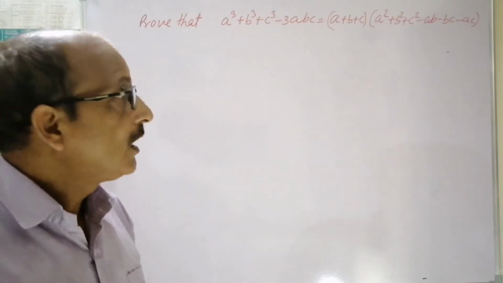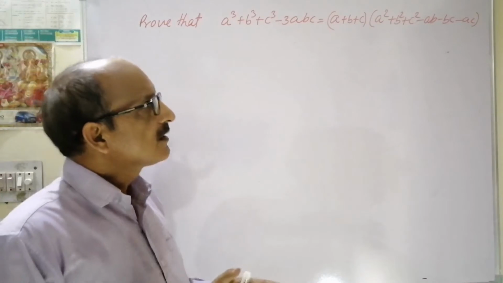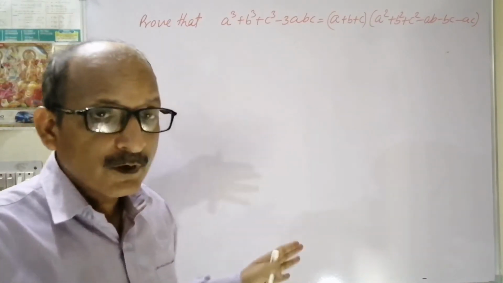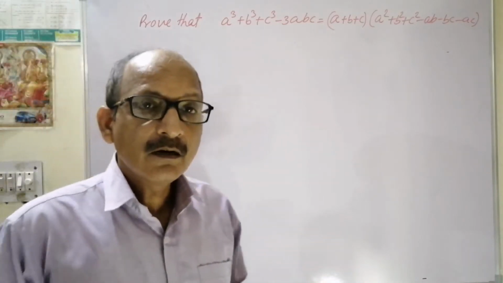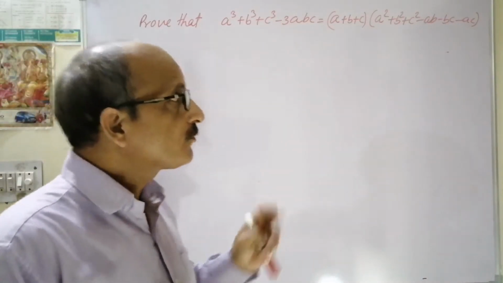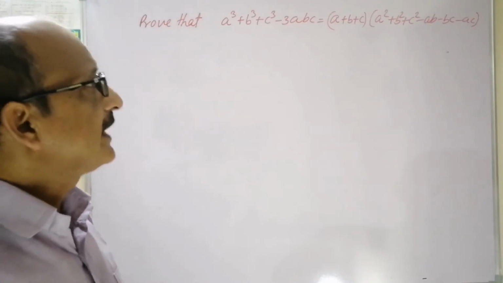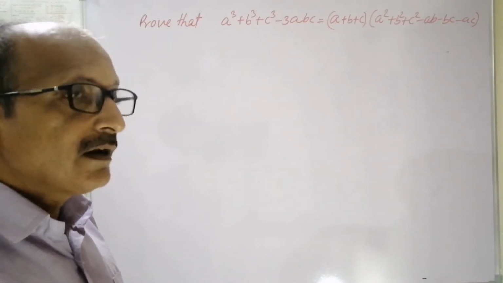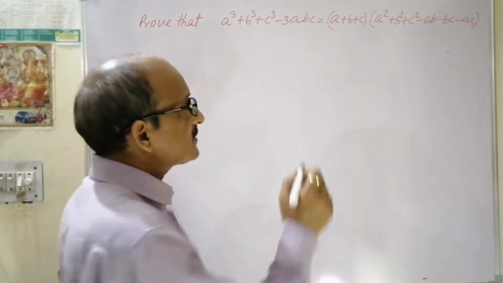When it is said to factorize, then this question is felt to be difficult, but the work is the same. What I am going to do for the proof, the same work will be done in factorizing also. So first of all, I would like to remind one identity, which is already learned by the students.